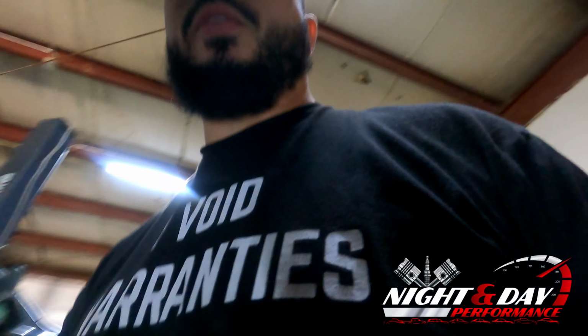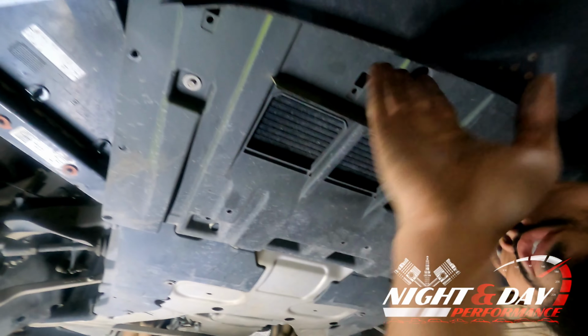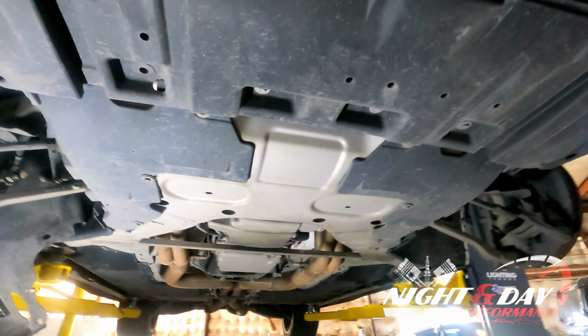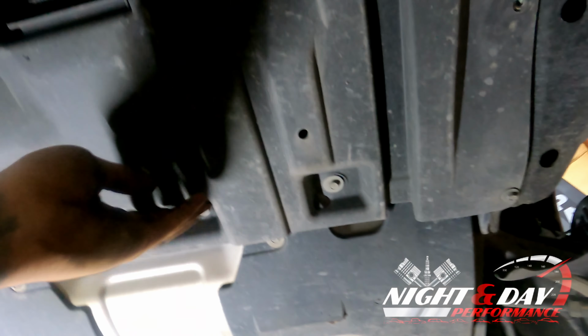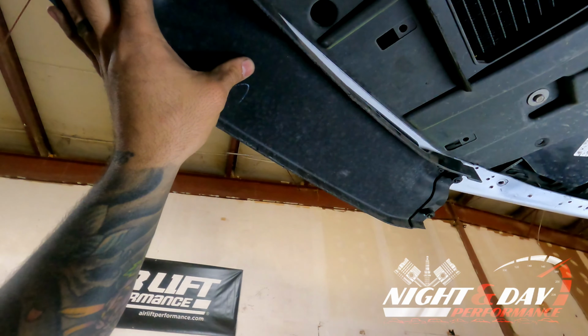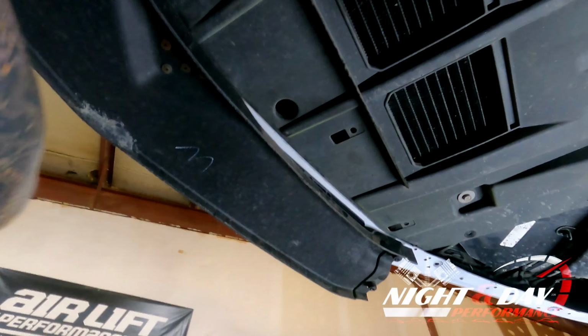We're also going to have to go underneath the vehicle around the front. Under here, anything that's connected to the front bumper, you're going to have to either pull it back or get it to where it's supposed to be. On this one, if you look, we have this skid plate right here that's connected. Because I have this aftermarket front splitter, I can take the front splitter off, which is probably what I'll do, and then you can just take the other 7mm bolts that are going to be all underneath here